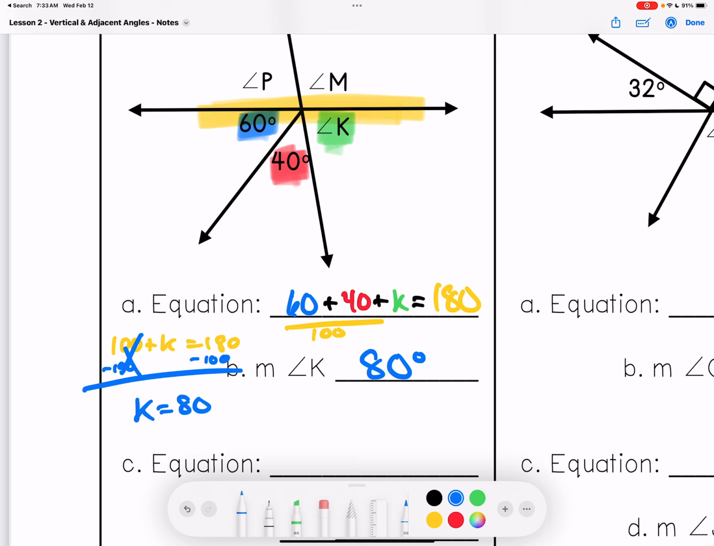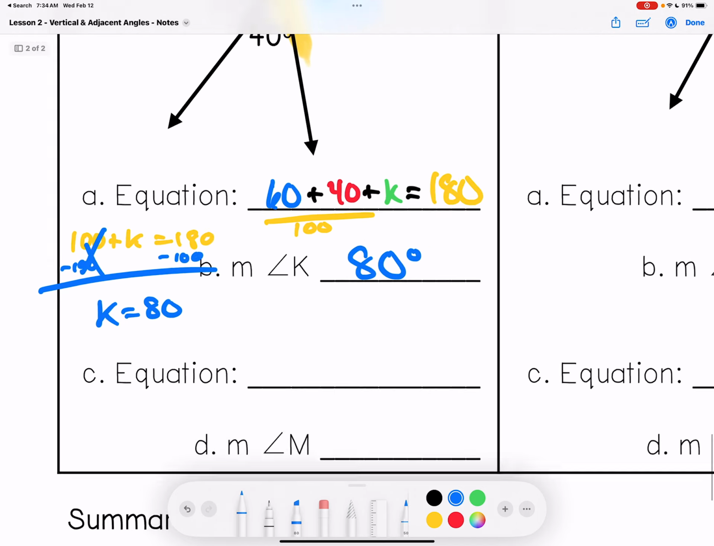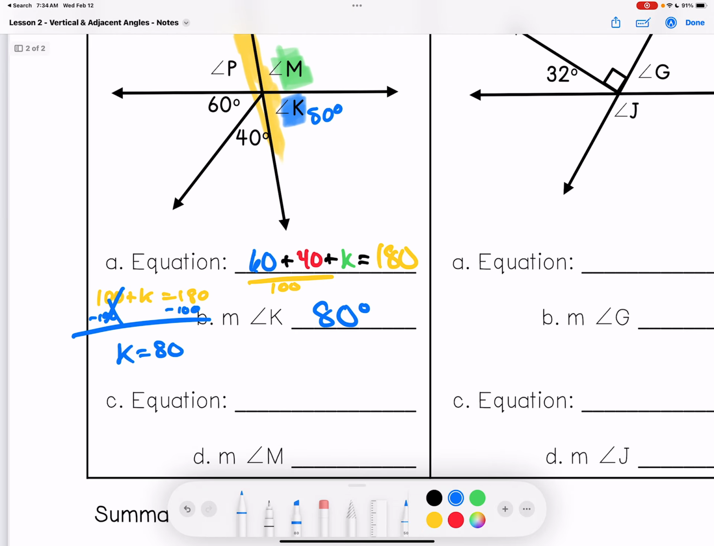All right, now that I know K equals 80 degrees, I know these two, M and K, and this one's 80, by the way, they're on a straight line. And if K is 80, what is M going to be? What's left? 100, okay? So to find M,